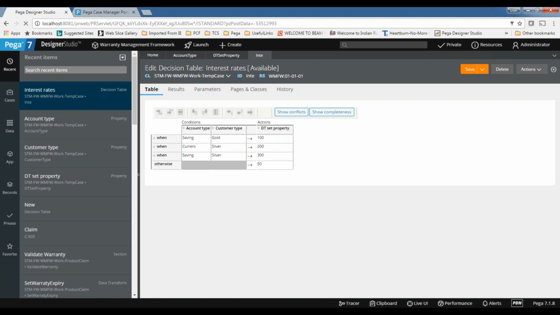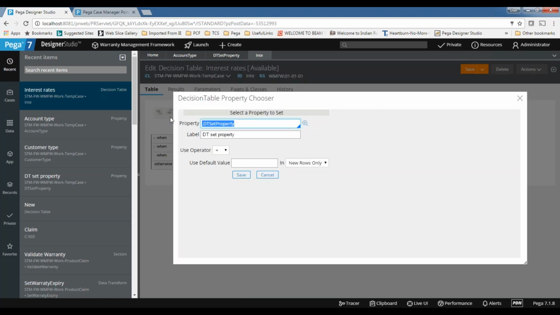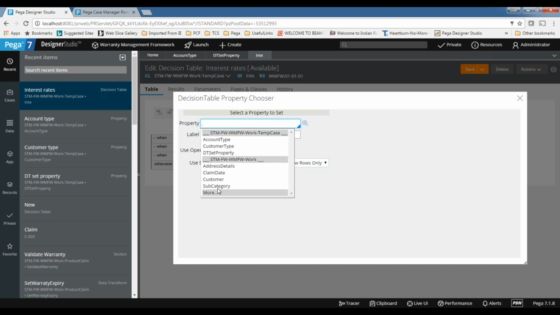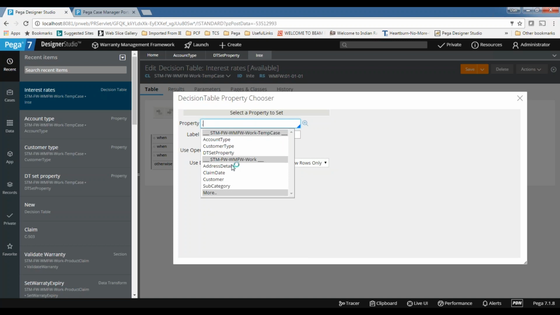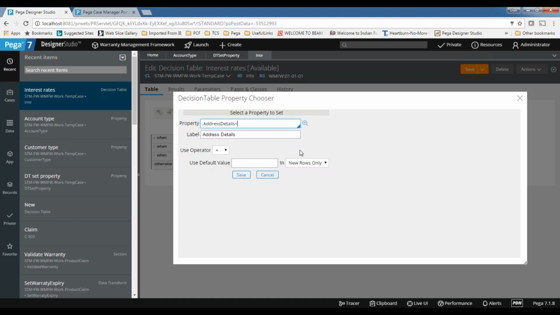And here, basically, you can use a page list if you want to store the values. So you can use a page list property instead of setting the values here, and then you can use the append keyword.